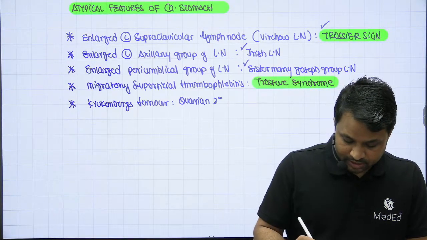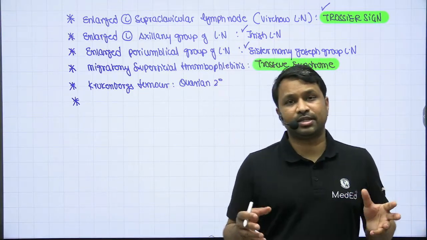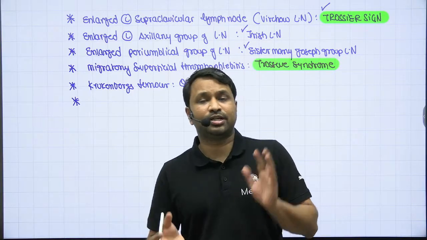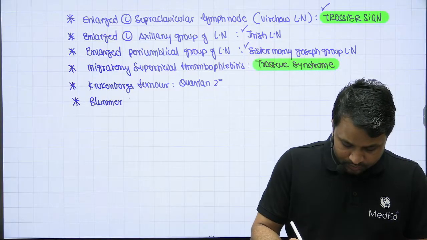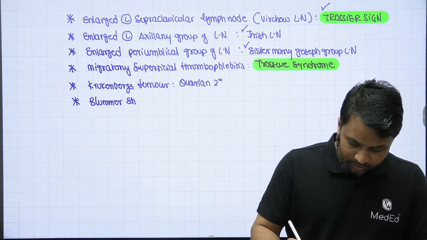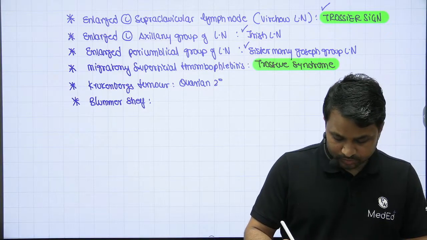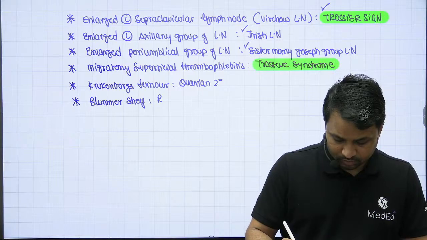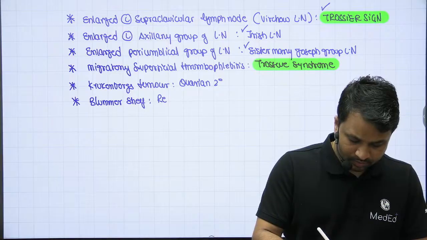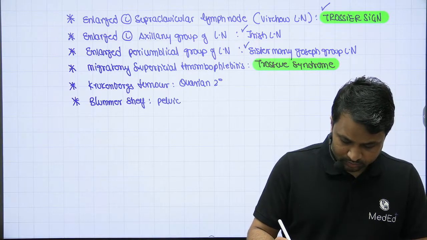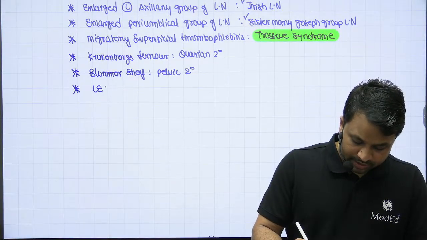What is the ovarian secondaries? Then the same drop metastasis can go into your rectovesical pouch, and all that collection will result in rectal indentation, and that is what we call Blumer's shelf. It's called Blumer's shelf, and this is what we call rectovesical, or you can say pelvic metastasis. These are pelvic secondaries.